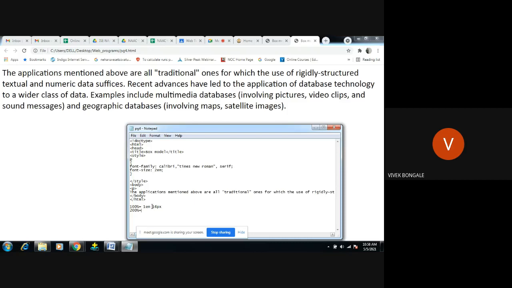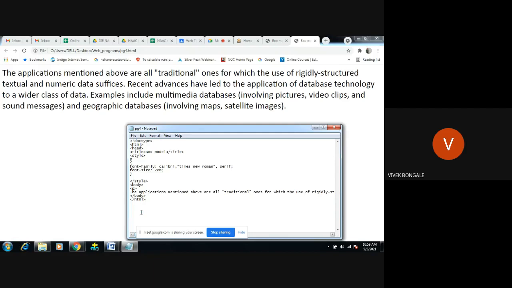100% is the default browser setting. If you want more than 100%, you have to specifically mention it in the style: 2 em, 3 em, however much we want. Not only 2 em, we can also give something like 1.5. 1.5 em is 18 pixels, since 16 times 1.125 gives 18 pixels, and 18 pixels is 1.5 em, right? This is the font family, font text and font size.